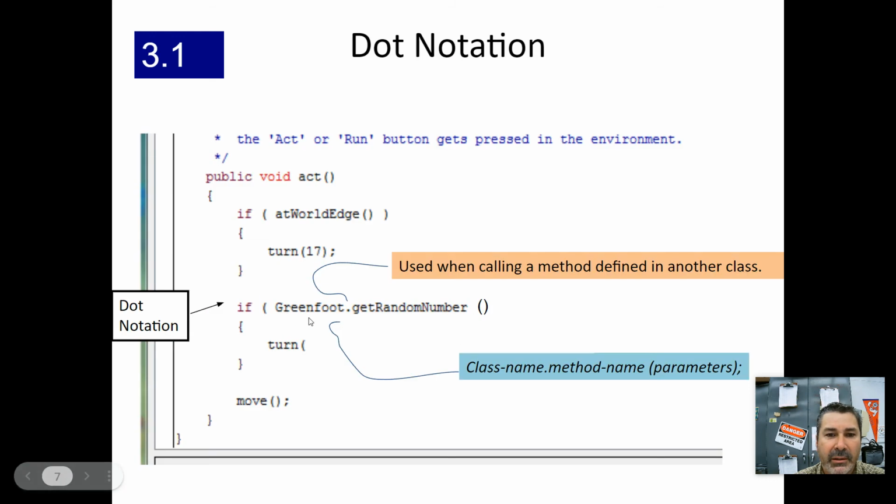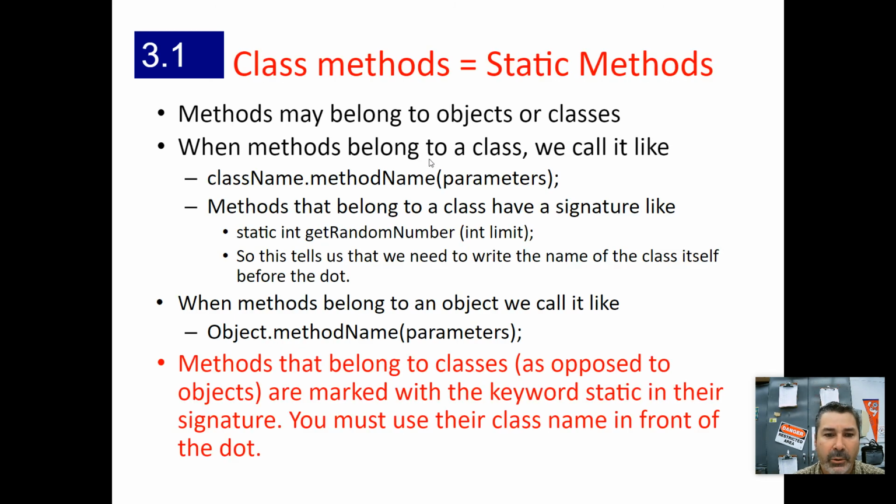So we're going to have to say Greenfoot dot and then use the get random number method because it is static. Okay, write this down. Class methods equals static methods. So basically, I would write this down word for word, or you can write it in your own words, or you can say something like,